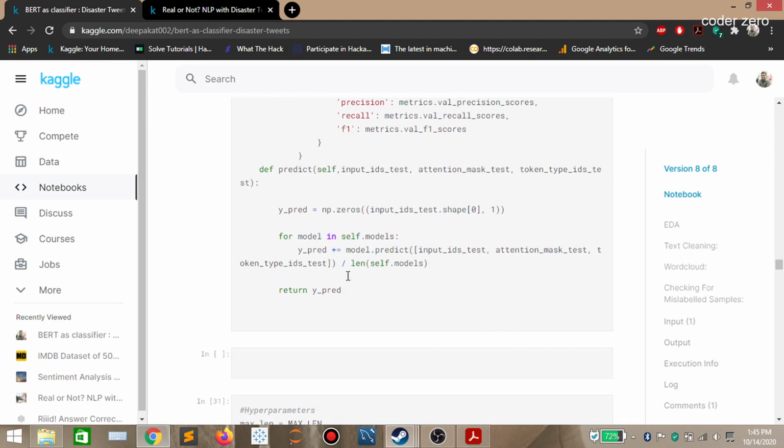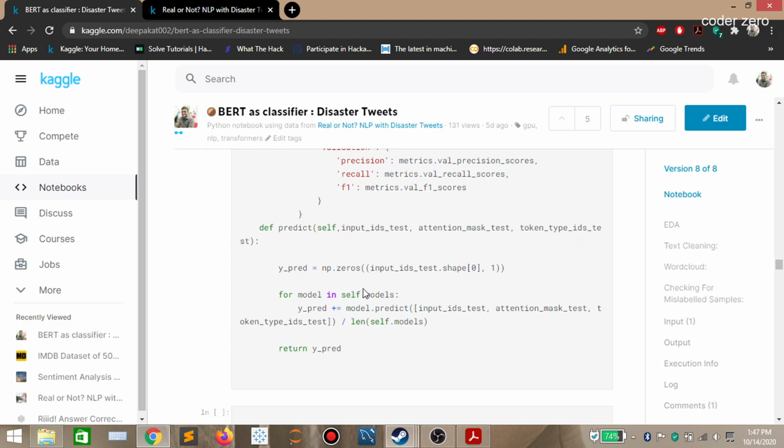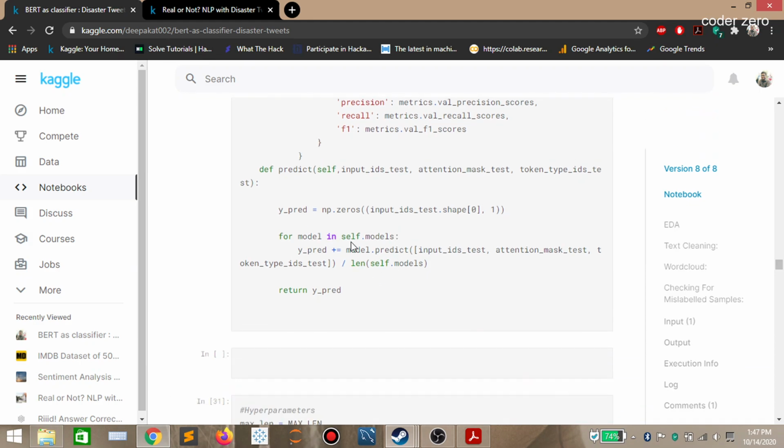After that, this is done for the training function. Now in the predicting function, first we are creating a y predict variable with zero values, a NumPy array with zeros. The length is similar to the length of the dataset given, so we'll be saving our predictions in this NumPy array.